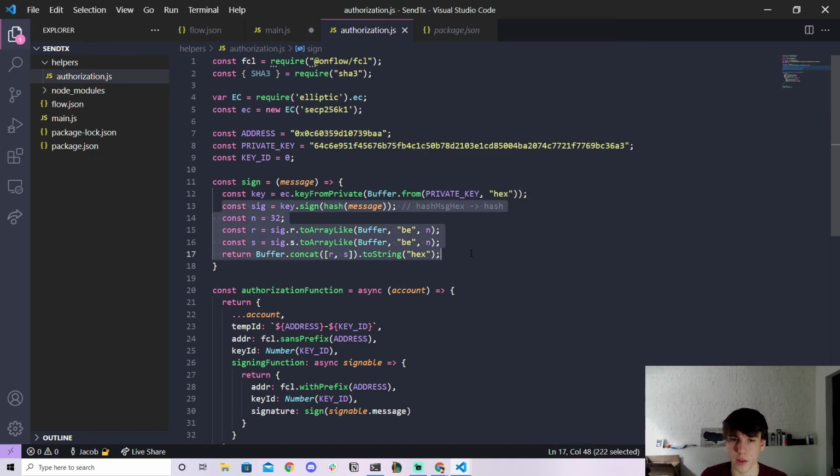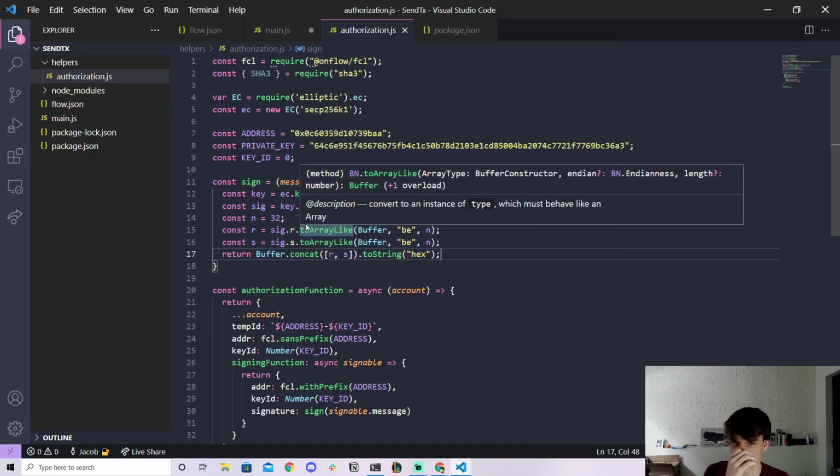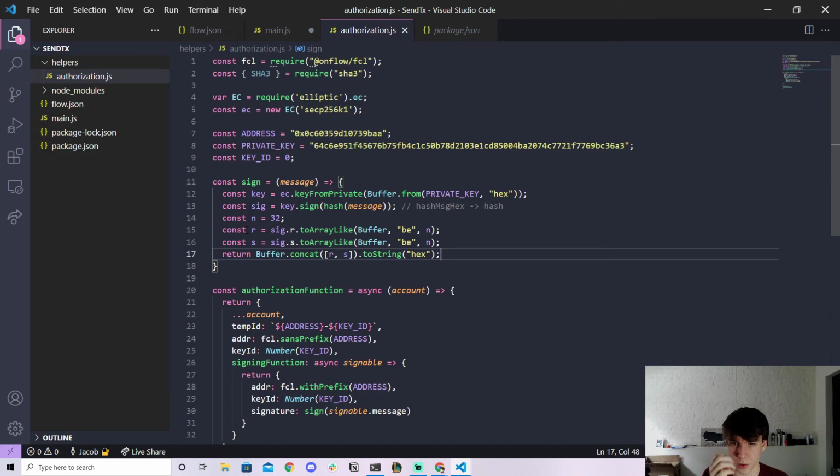And then it's going to do all this stuff as well, right? So it's going to do const sig equals sign, n equals 32, rs, whatever all this is, right? So this is our sign function. Cool. Now, one more thing we have to define, and then we'll almost be done, is this hash function right